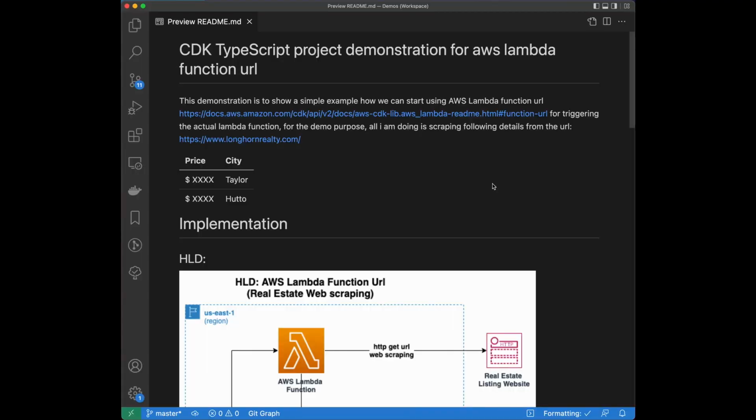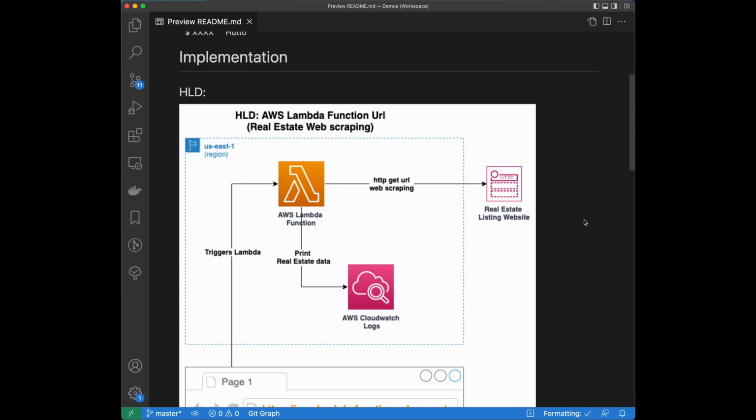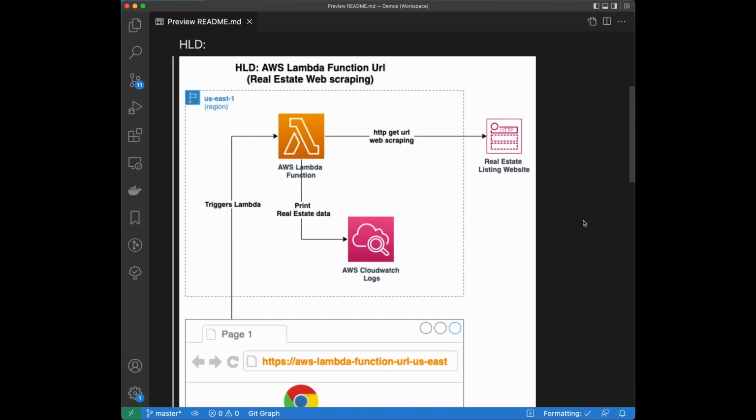So today what we are discussing is AWS Lambda function URLs. Recently, AWS has released a new functionality to support AWS Lambda functions with URLs. Whenever you provision your AWS Lambda functions, you have an option to make that particular Lambda function triggered using a URL. In this session, we'll take a pretty basic example, and with that example, we'll cover the main functionality of how we can use Lambda function URLs in our microservices